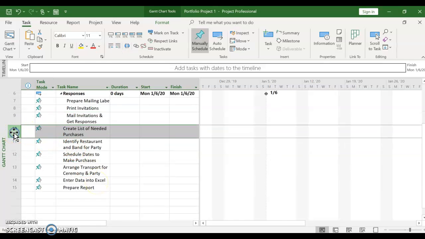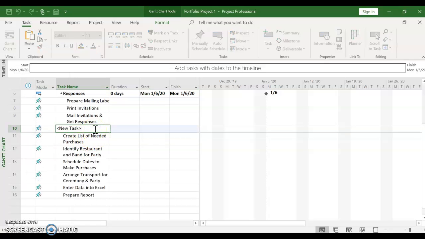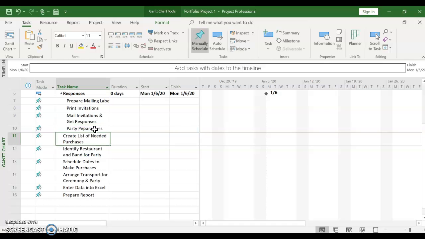So for the next grouping, I think we should do like party prep or purchases, or I think I'm going to use party prep. So here at line 10, we want to insert a task and then go over there and then name your group for your tasks. So I'm just going to say party preparations and hit enter, which takes us down to the next line. Here, I think